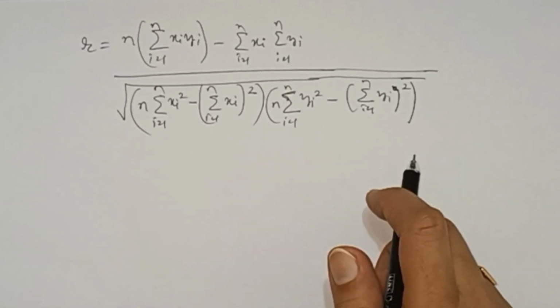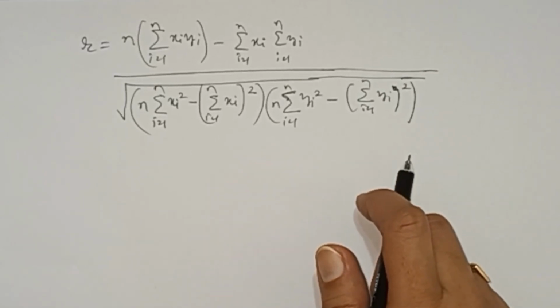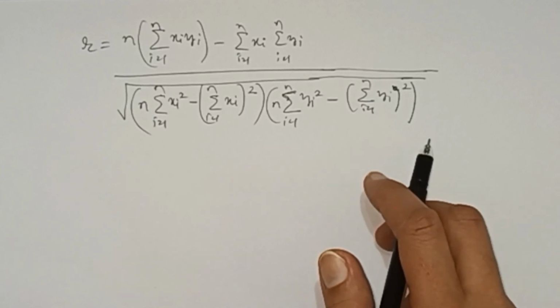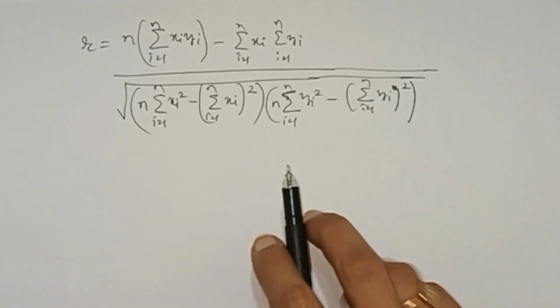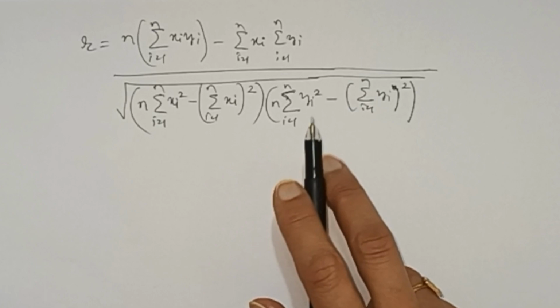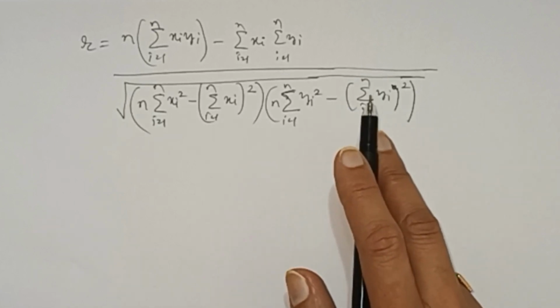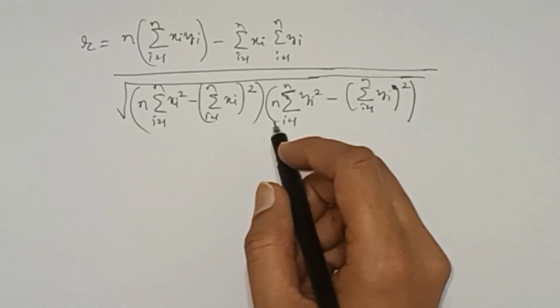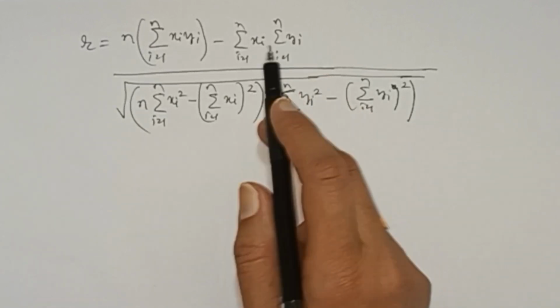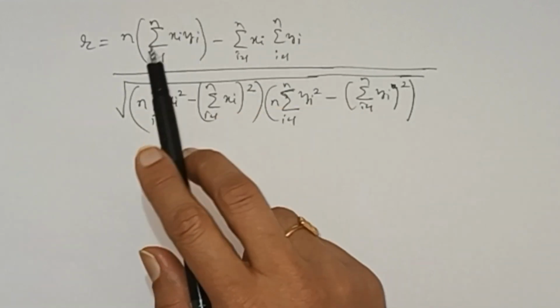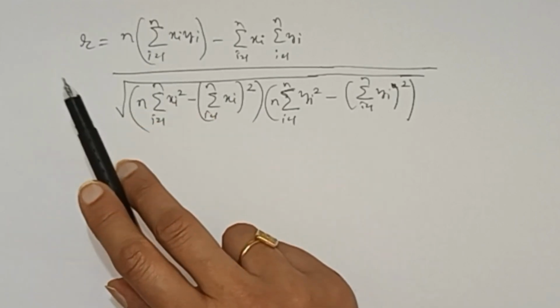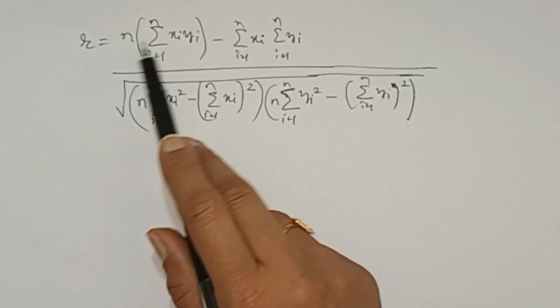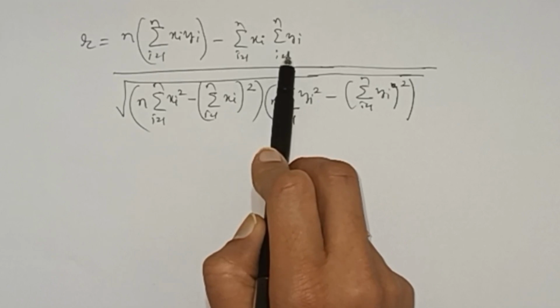Now you can have one more way of finding the correlation coefficient without using the mean. You can see that in the previous example, the means of x and y, both series, were whole numbers, so the calculation was easy. When the mean is not a whole number, when it has a fractional part also, in that case you can avoid the previous formula and we can restate the formula in terms of data values as